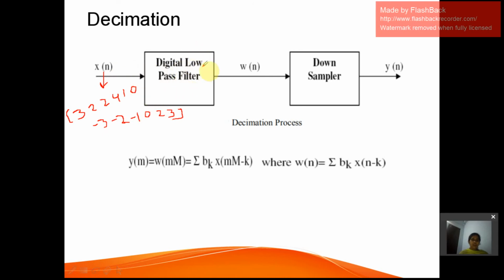a digital low pass filter. What does this digital low pass filter do? It filters the input sequence, and it is kept in order to satisfy the sampling theorem. After filtering, how will the sequence be? It is W of n, equal to, for example, this is the filtered sequence of the input: 2.1, 2, 3.9, 1.5,